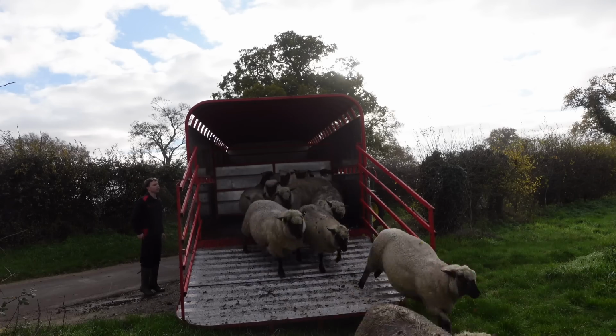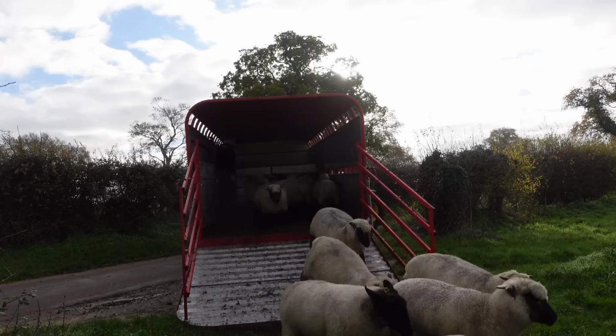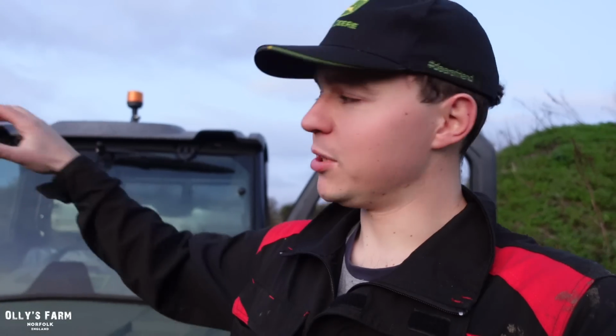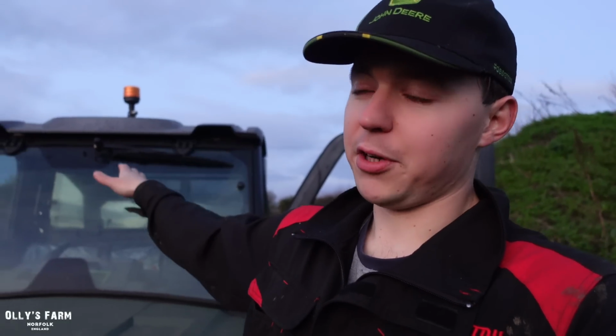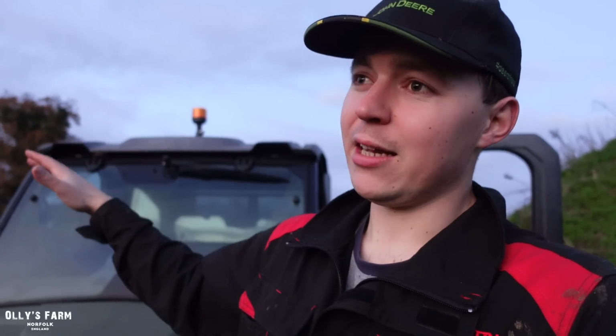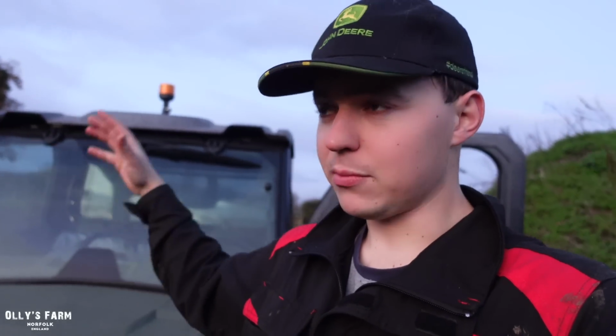You've got the Shropshire ewes which come in, which we'll just go and have a look at. We brought those back the other day. So really it's farm diversification, which I'm trying to talk about today. I am really pushing towards the shepherd's hut for next year and a new shed, which I've spoken to you guys about before. And just where we were over the road, there's a lot of concreting to do around the farmyard, certainly around where the hopper is, the Collinson silo. We want to concrete all of that area. We want to concrete where the fodder beet clamp is and that muddy area as well, to give us the ability to drive the Manitou around there without dragging all the muck and all the mud onto the concrete. I do scrape it up every few days with the scraper, but it's just something which